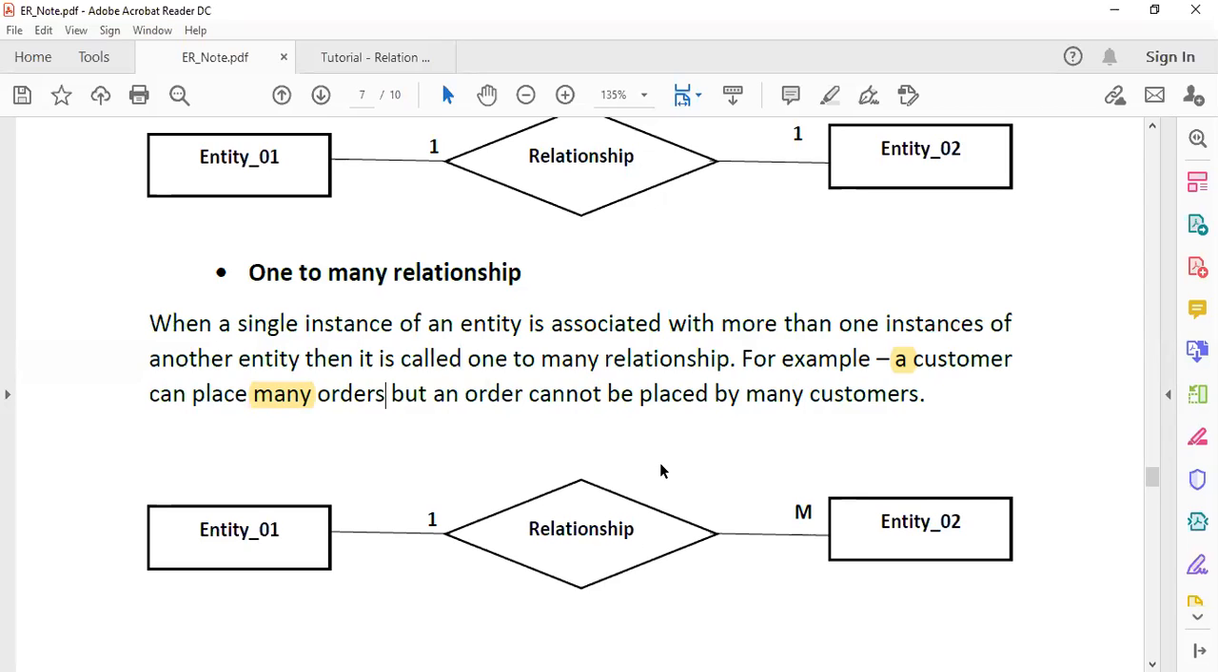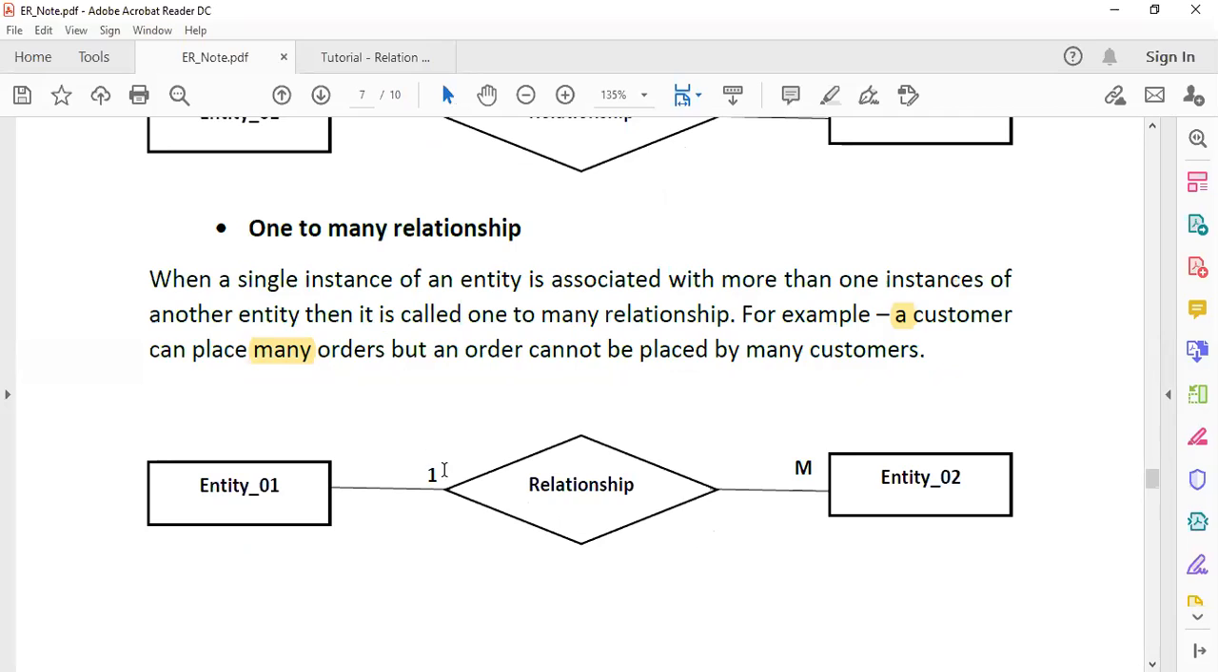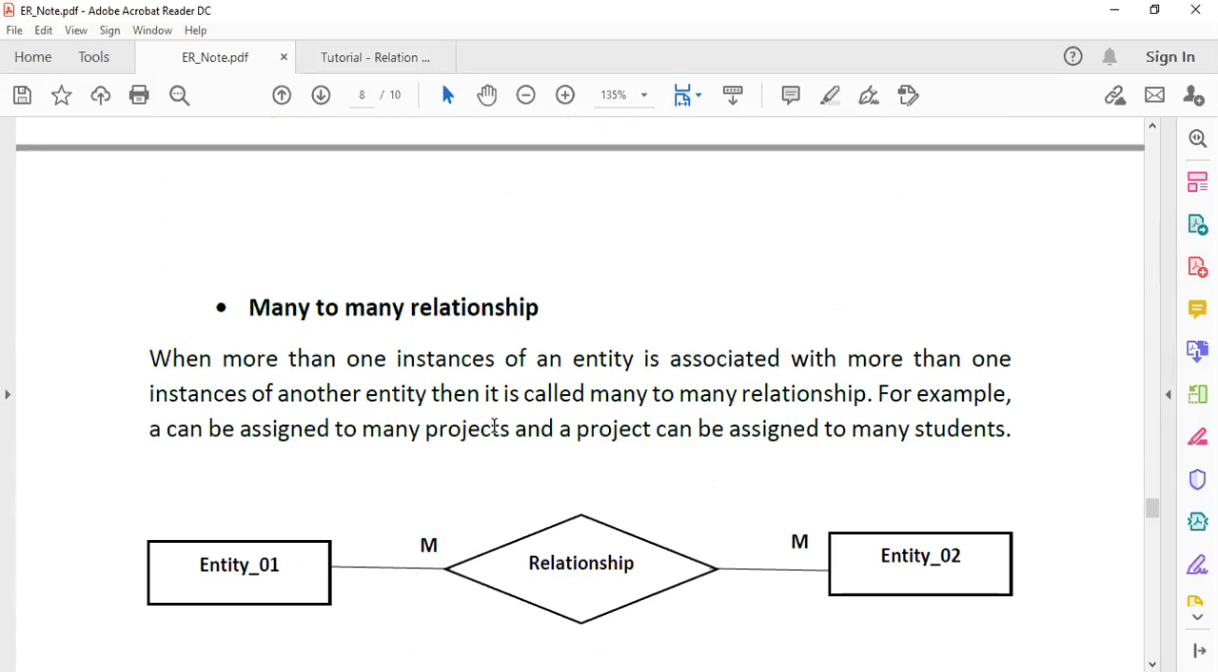So when we are representing that, for one we use the number one, and for many we only use capital M. So when there is a situation where one value of one entity or a table is connecting with more than one value of another table or another entity, we simply say the ratio is 1 to many, right? And there is another scenario,